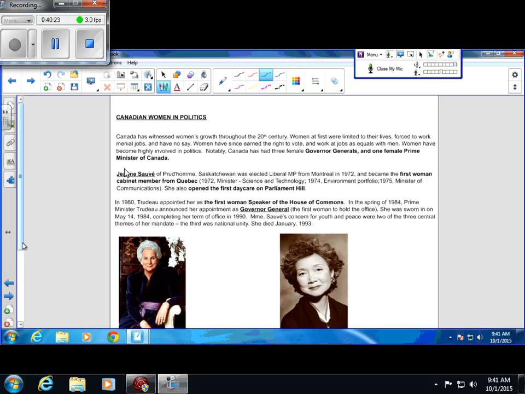Okay, in terms of politics. Why were they important? What did they do in terms of politics, in terms of Canadian history? What made them so important? Again, all this information is in your textbook. It's on page 22, 23, and page 24. We'll look at four key women in terms of Canadian politics. Make sure you remember these names because you'll see them again. I'll put their names in a little fancy box so that you'll remember.